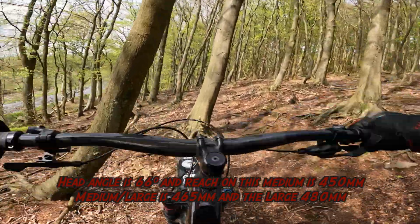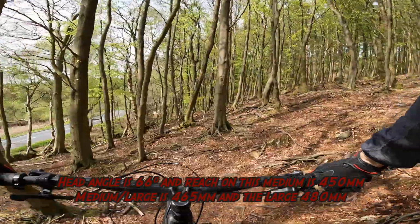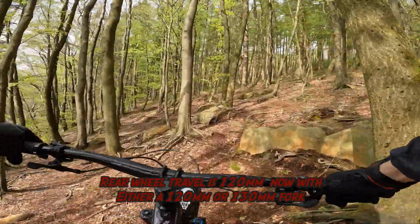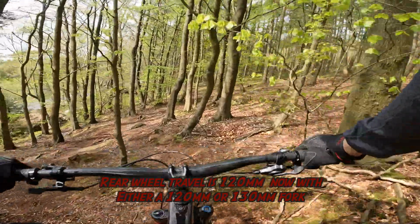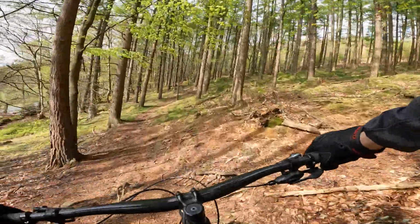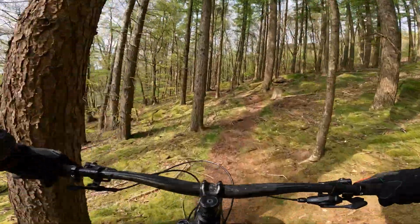You've got 5mm more travel, and you've even got an ISCG mount. Well, you've got most of an ISCG mount. You've got 2 chain guard mounts, not 3. And that kind of exemplifies the confusion there is with this bike, because it is still relatively